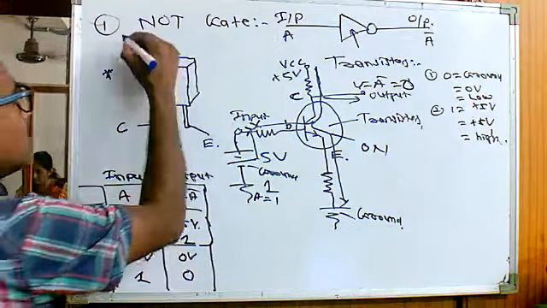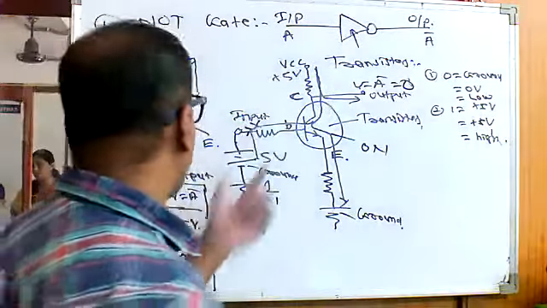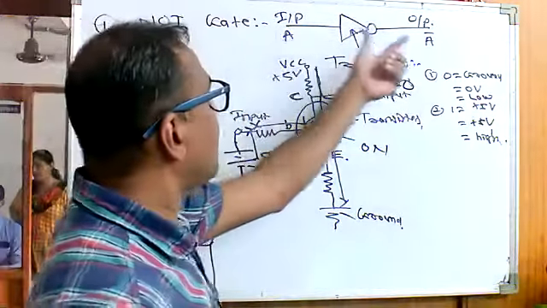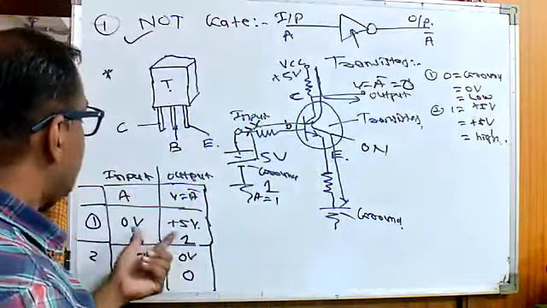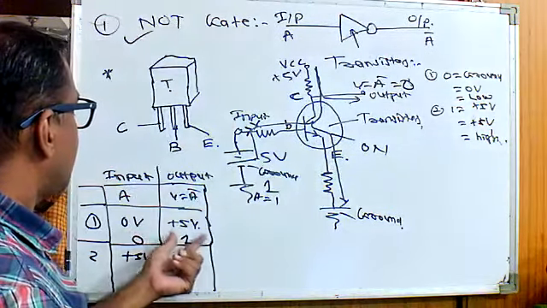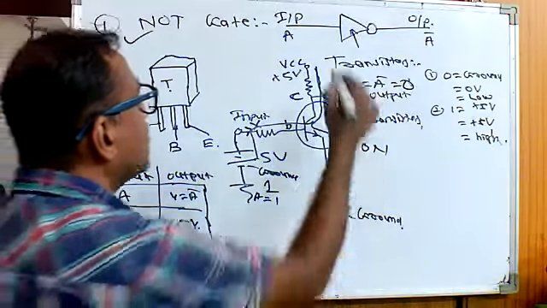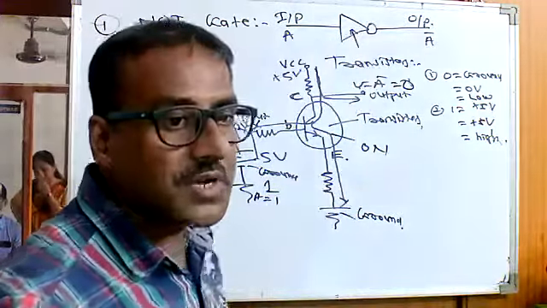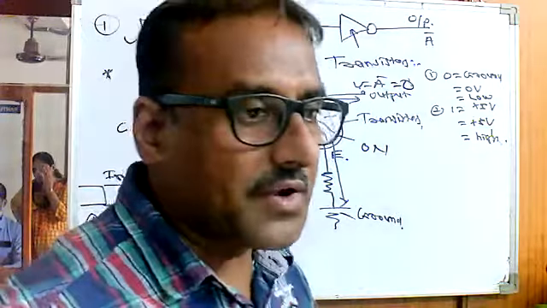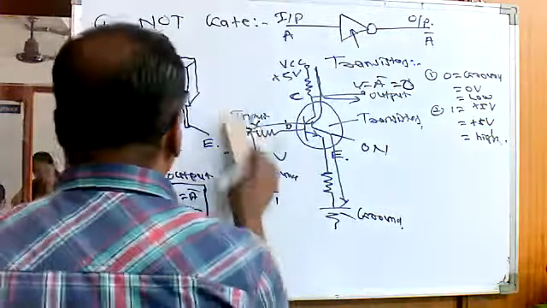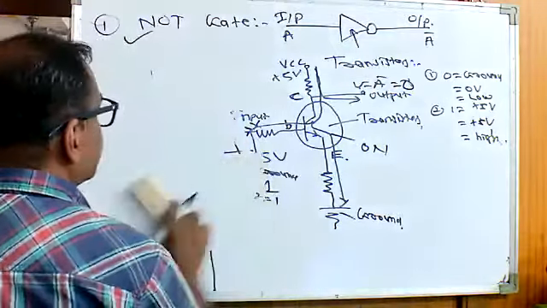So the NOT gate also works as a complement. The NOT gate has only one input signal and only one output signal. The output is the opposite of the input signal. The transistor has the same function. The output signal is opposite of the input signal. The inside of the NOT gate uses a transistor. Another way is to use the IC of the NOT gate. The NOT gate IC is like this one.